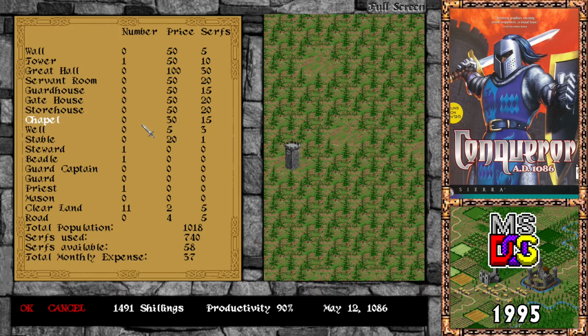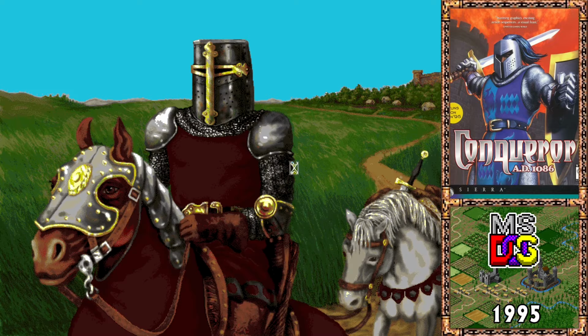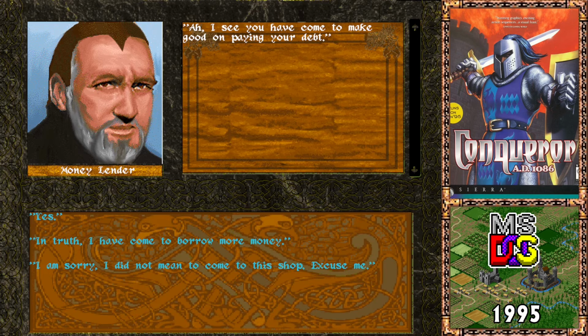We might have lost some productivity. Oh no, we need to build the servants' hall. There we go. We can afford that now. And we probably want to pay the money lender back. We can do that. That might be as simple as just going back to the village and clicking on the money lender. I see you have come to make good on...